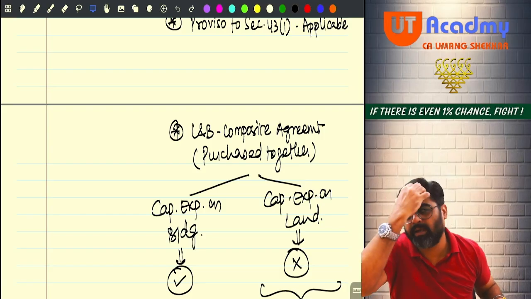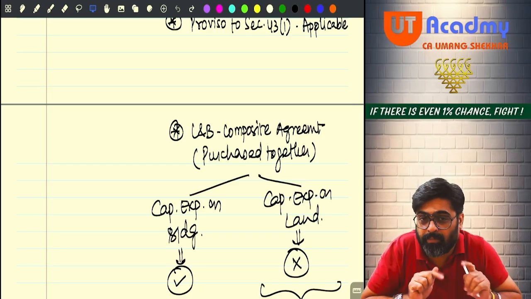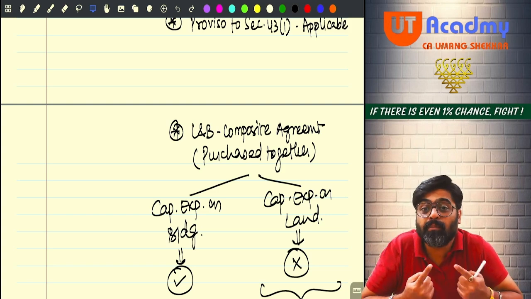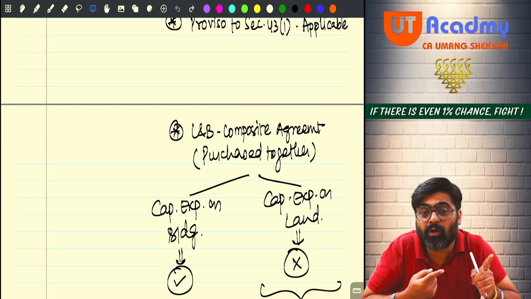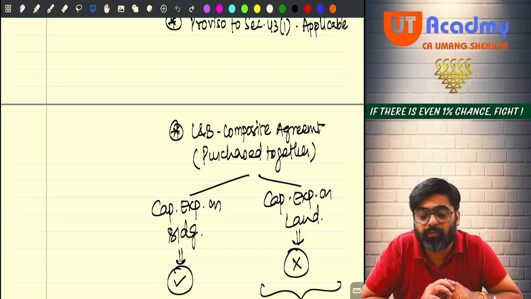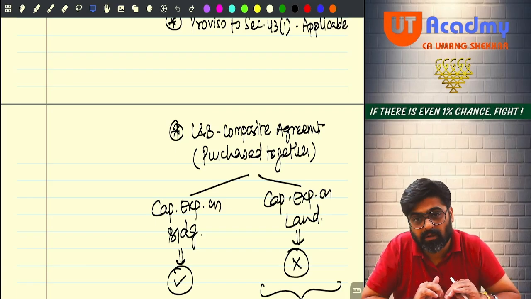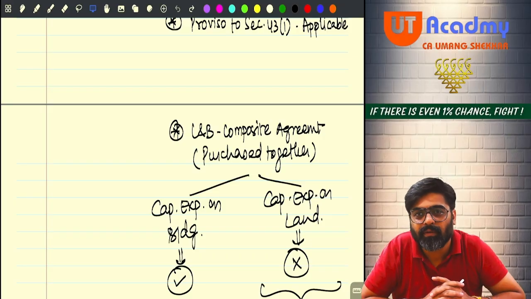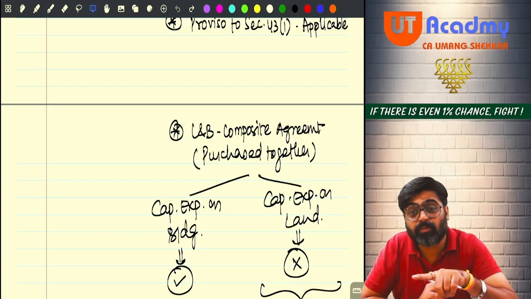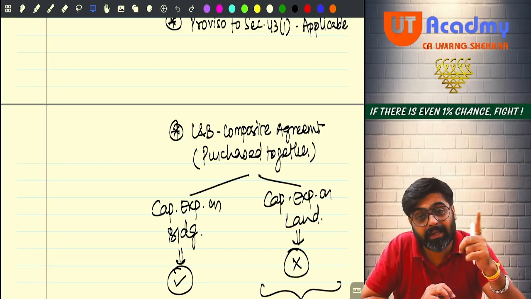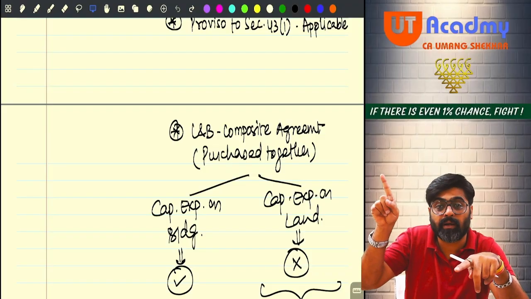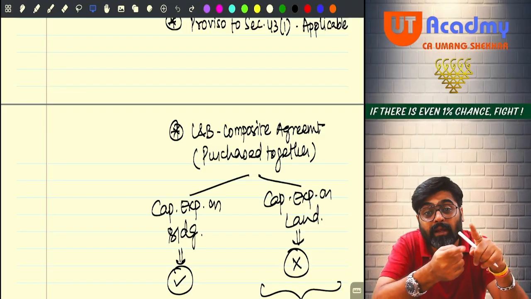The first amendment we have already done. What amendment was there? Come on, tell me. If you are in the business of letting out properties, whatever rent you receive by letting out that property used to be your PGBP income earlier. Now, explanation 3 to section 28 has been inserted, saying that this rent will not be your PGBP, it will be your house property income if this rent is coming from letting out residential properties.